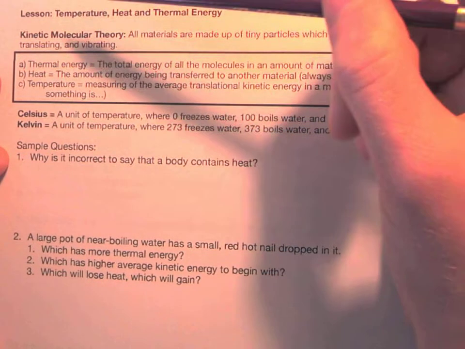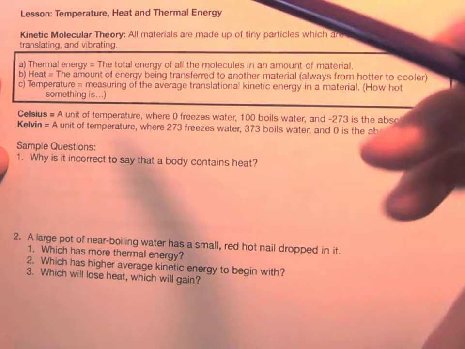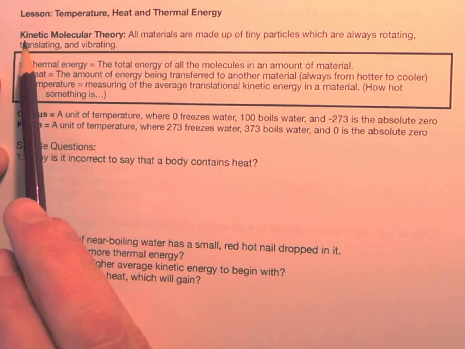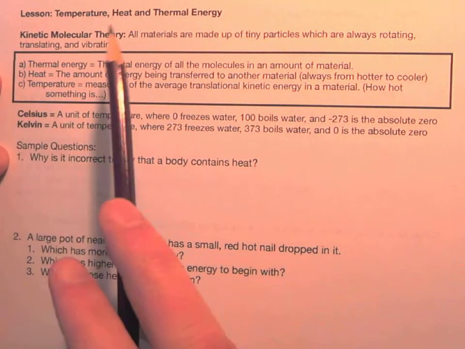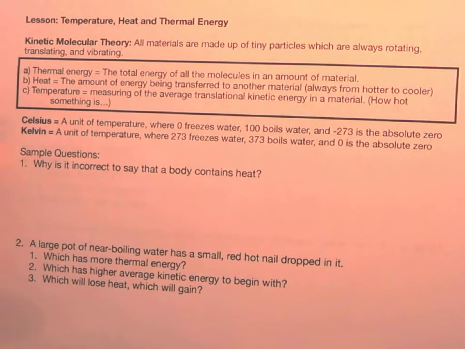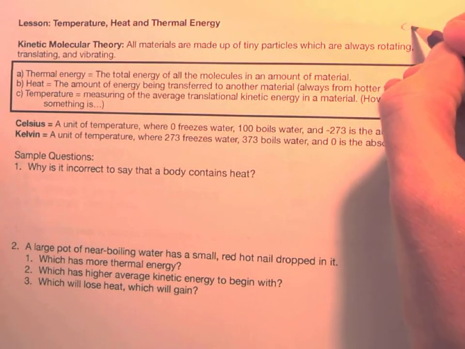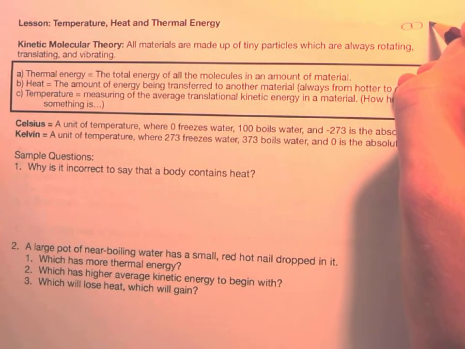So when we start this lesson, there's something called the kinetic molecular theory, which is a very famous theory, which says that all materials are made up of tiny particles, which are always rotating, translating, and vibrating. Okay, so rotating is, if you can picture, say, this piece of paper here,